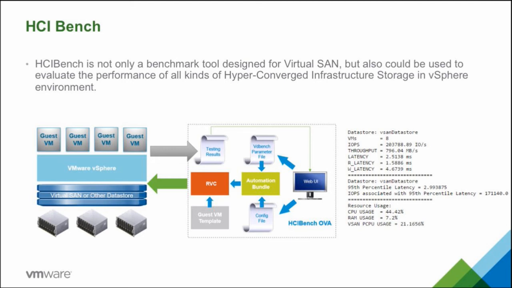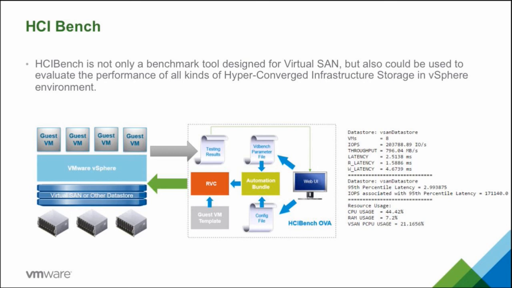When you start your benchmark, for example, with just 4 VMs, let's say you get 40 to 50,000 IOPS out of your environment. And when you use HCI bench 162 with vSAN 661, you're going to get recommendations to increase your number of VMs or increase your number of disk files per VM to get the most possible performance out of the system. When you see it here, 203,000 IOPS and nearly 800 megabytes per second at a write latency of 4.67 milliseconds,